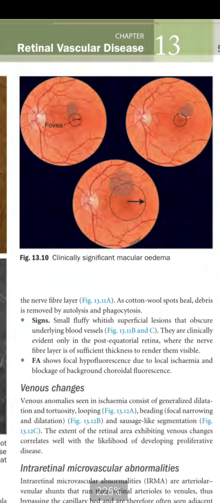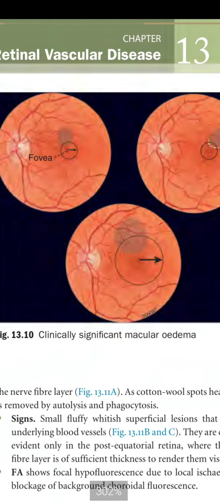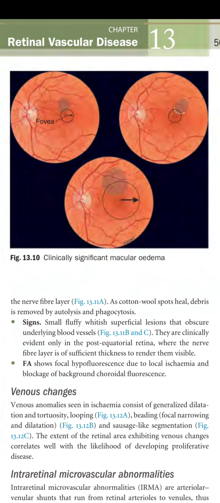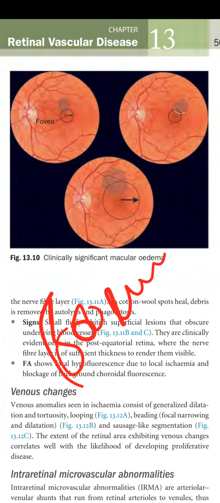So you can see this is basically ETDRS, showing that there is retinal thickening which is about 500 micrometer, and any part of which is within 500 micrometer